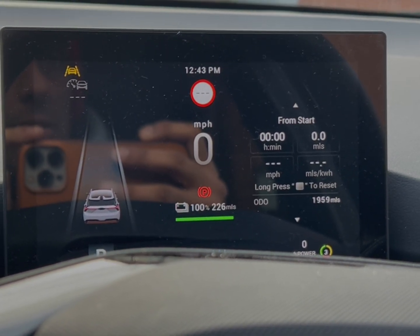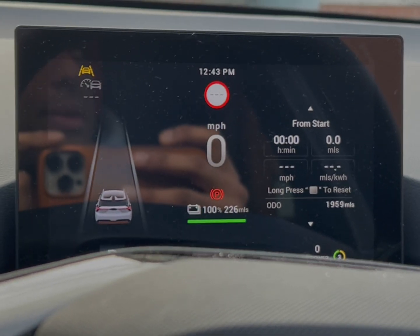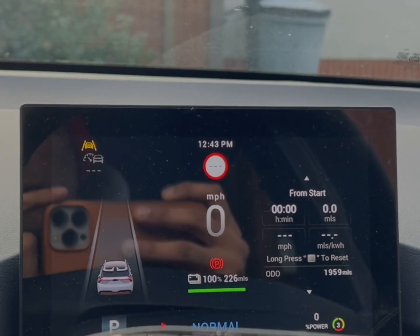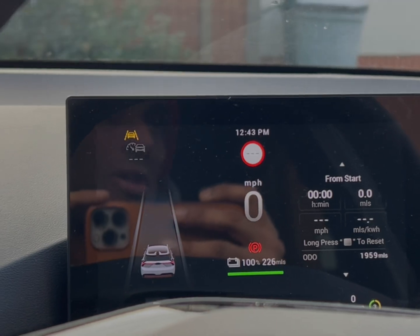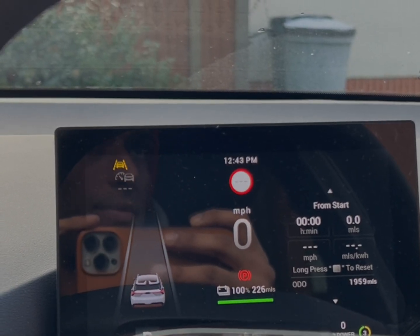But yeah, 100 miles up and 100 miles back. As per the route planners, Google, Zap Map, Octopus, they all suggest that I would need probably one quick 15-minute charge on my way back. Where I'm going, there is a public charger, but I'm not counting on those chargers because they get taken away